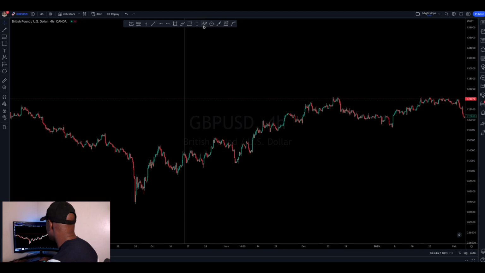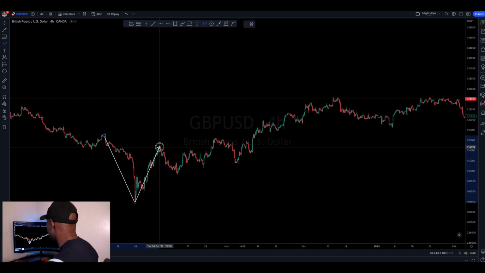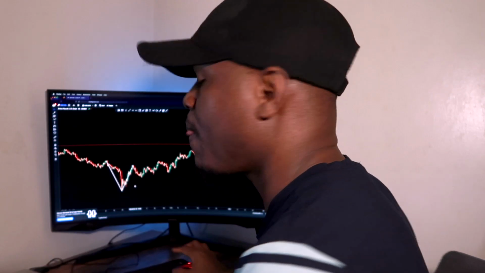Let me show you. The market came down here, but this area here was the place where sellers were no longer willing to sell the market at. Okay, and so buyers took over and took the market up to there. So support is the area on the chart where sellers are no longer willing to sell the